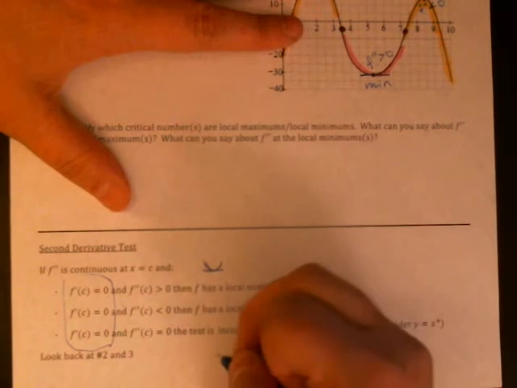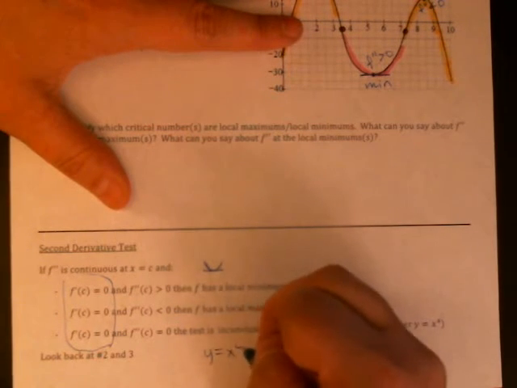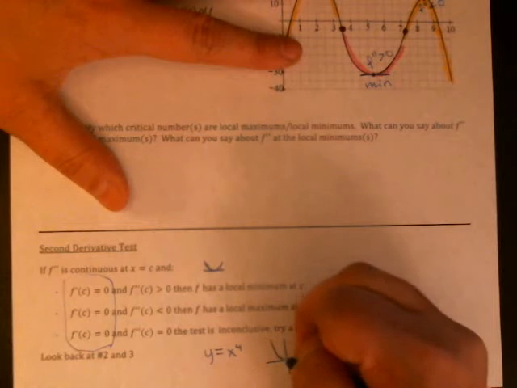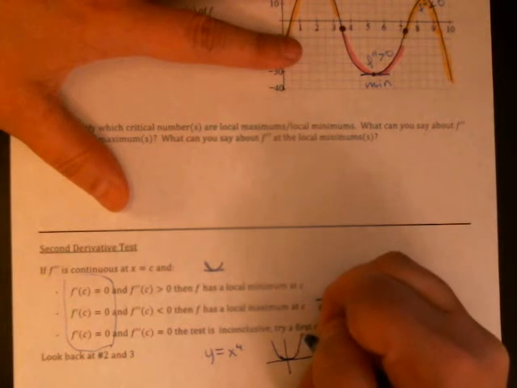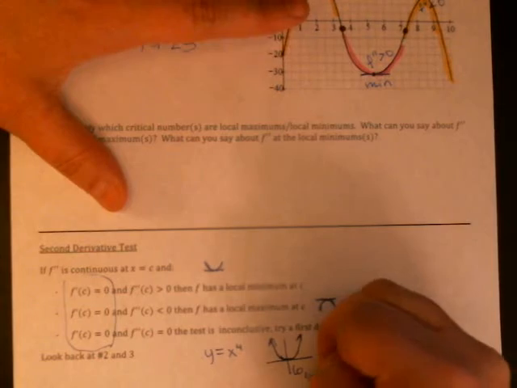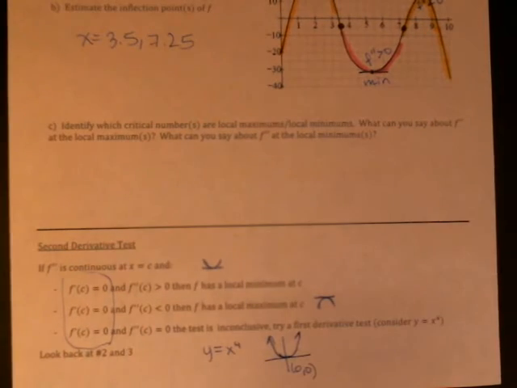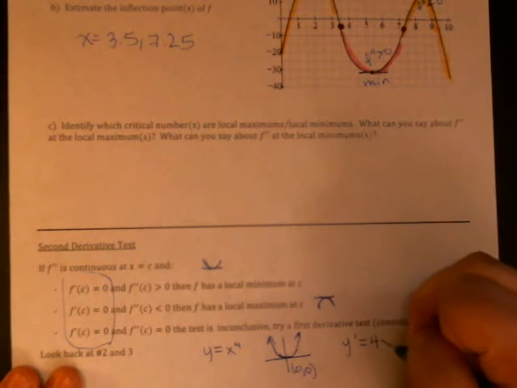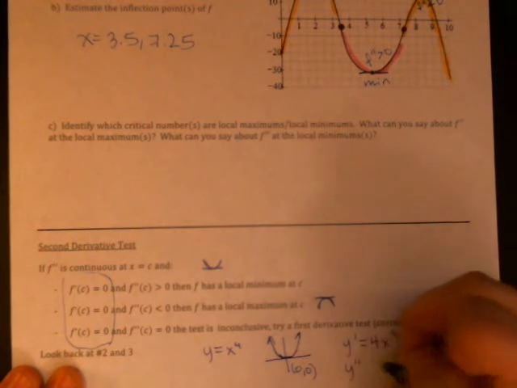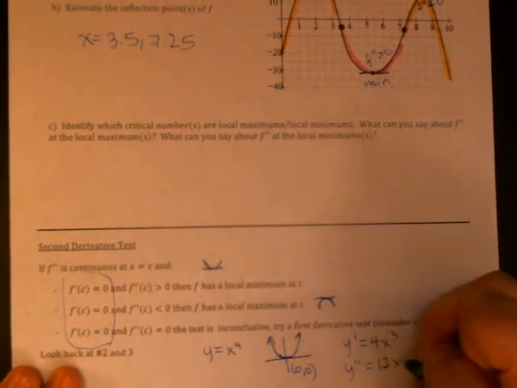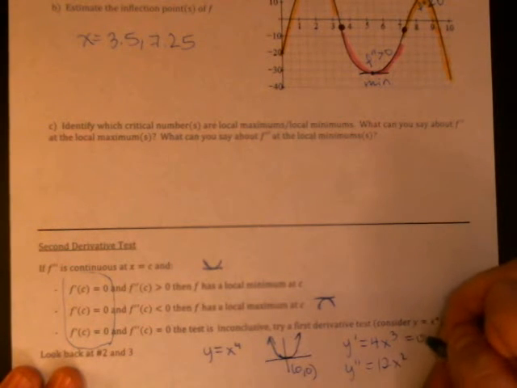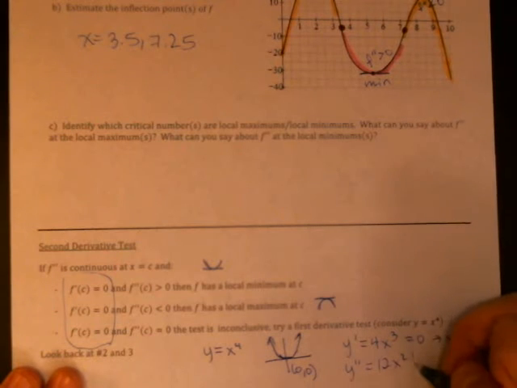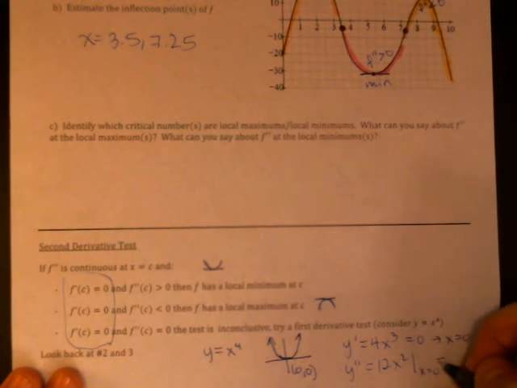What that means, like y equals x to the fourth is a good example. Y equals x to the fourth absolutely has a minimum at the origin. This is kind of what it looks like. So definitely there's a minimum at 0, 0. But if you try a second derivative test, y prime is 4x cubed, so y double prime is 12x squared. So the critical number is at x equals 0, and when you plug it in to the second derivative,